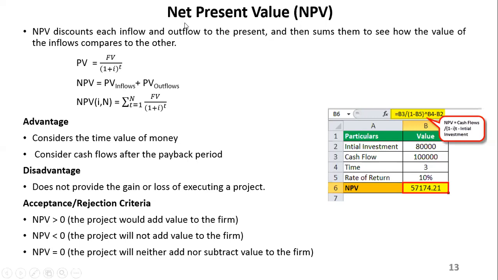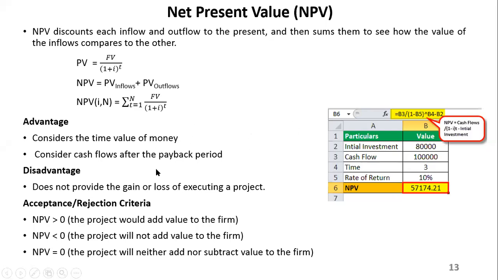It's net because you're adding the inflows and outflows. And remember again, your outflows will have a negative sign because they're outgoing. So what is that net now? That is the difference between inflows and outflows, converted to present value. What will that amount be? That net. Okay, and this is the formula: the summation of the cash flows per year, divided by 1 plus the interest rate you have down here, to the power t. That's the time, the amount of time that you've invested in.